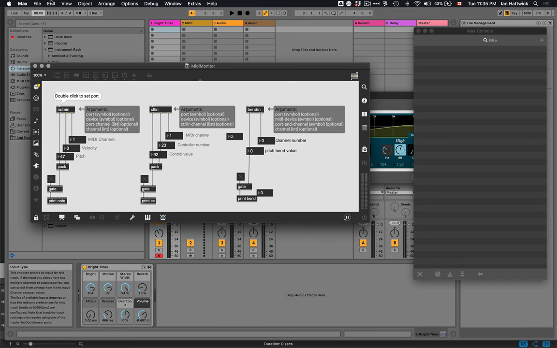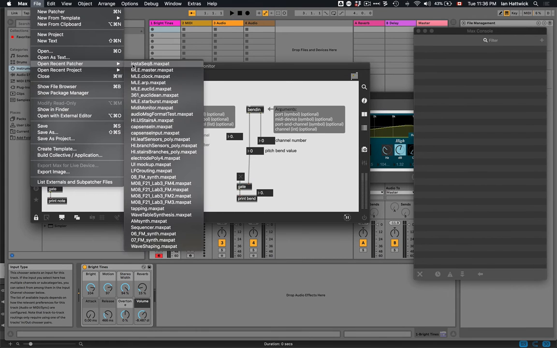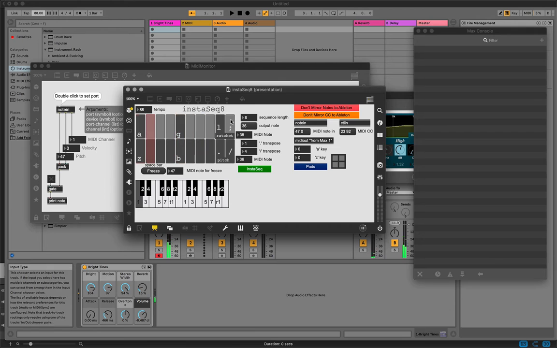So in this video, I want to walk through getting set up with instaSeq, just to walk through some of the options that are going on in here and help explain some of the details of what's happening. So the first thing I want to do is make sure that my MIDI controller is sending